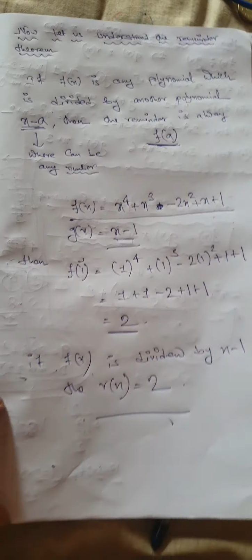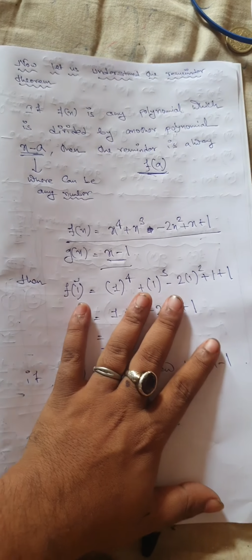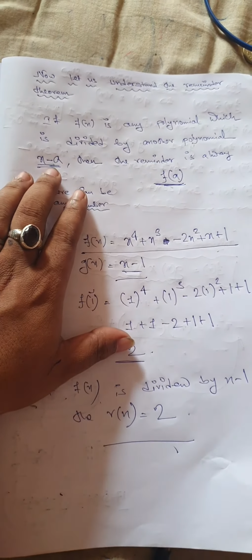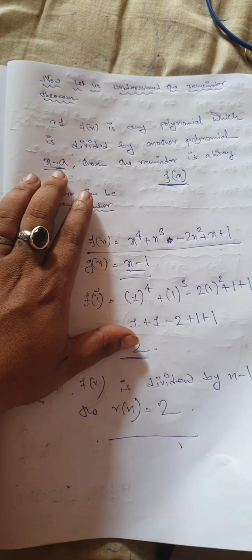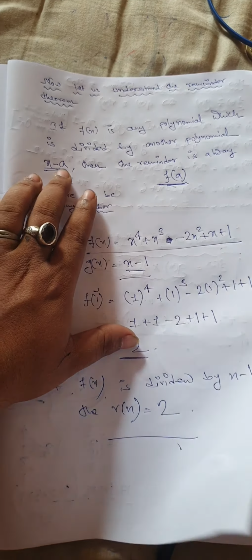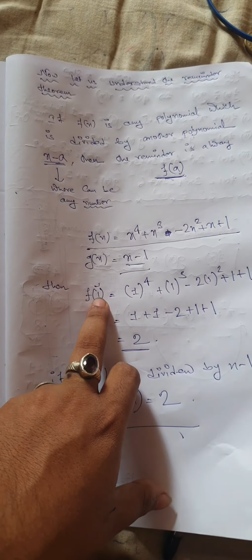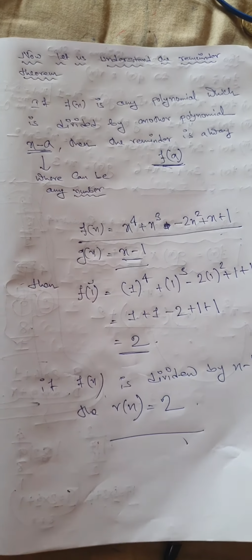So that is the basic of the remainder theorem. I hope that you have understood this. So actually what is happening is, without going into any division, we can directly find out the remainder just by putting in the value. What you have to remember is that the value you are dividing with should be put in f in the place of x. I'll give you another example.